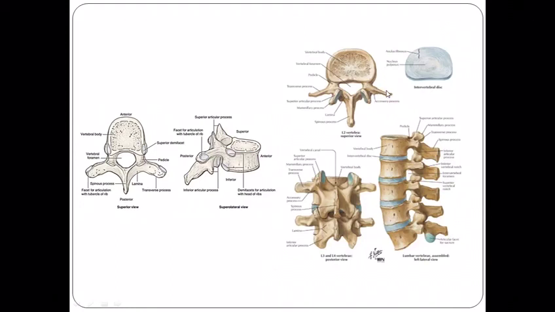So the anterior surface of the tip of the transverse process of the thoracic vertebra bears a facet which articulates with the tubercle of the corresponding rib, which forms the costotransverse joint. That's an important joint, the costotransverse joint. Here the transverse process represents the true transverse element, and the ribs are formed by the costal element. So the costal element forms the individual corresponding ribs, and the true transverse element forms the transverse process.